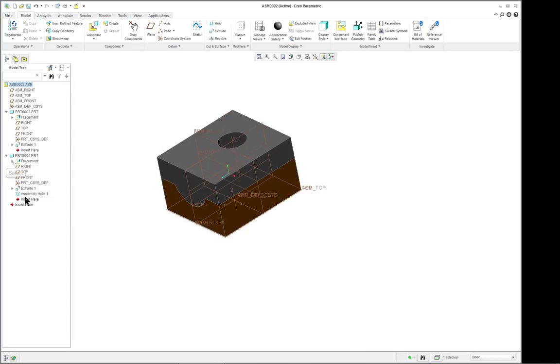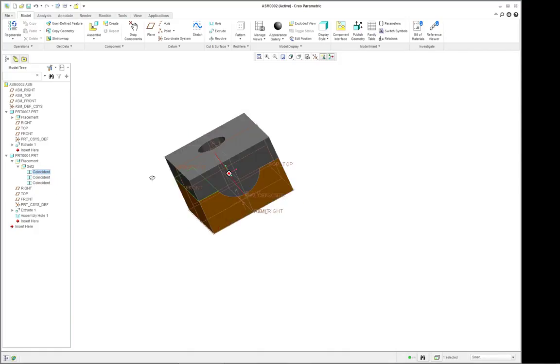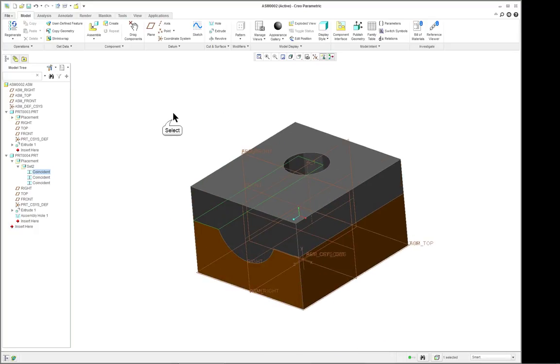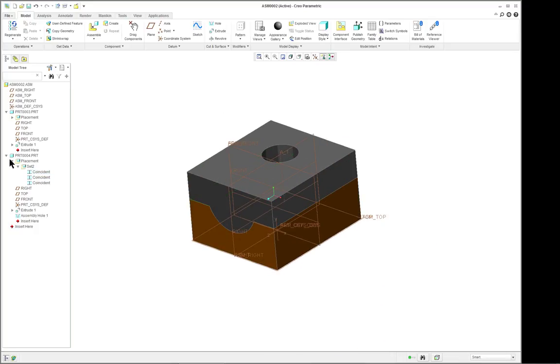But the main thing here is you do have your traditional placement coincident constraints rather than coordinate system to coordinate system. And it's not wrong to have coordinate system to coordinate system. So two different methods, and again, mainly what you're getting is the ability to see your top, front, and right datum planes in a traditional manner. Also, when you get to your components, because of that,